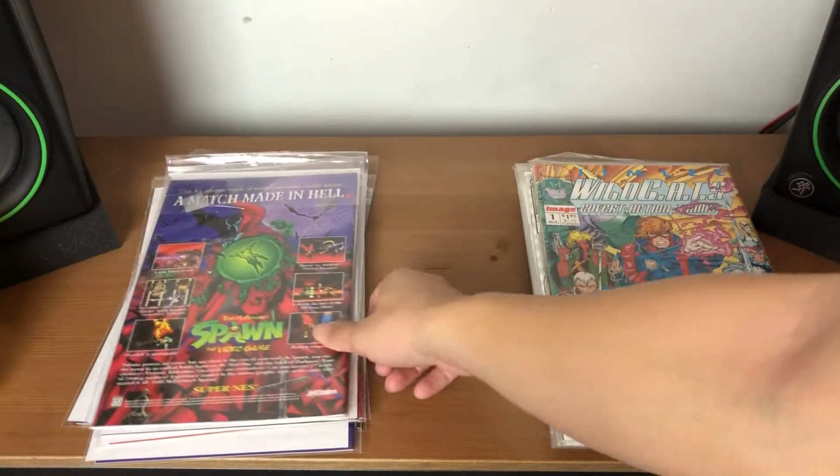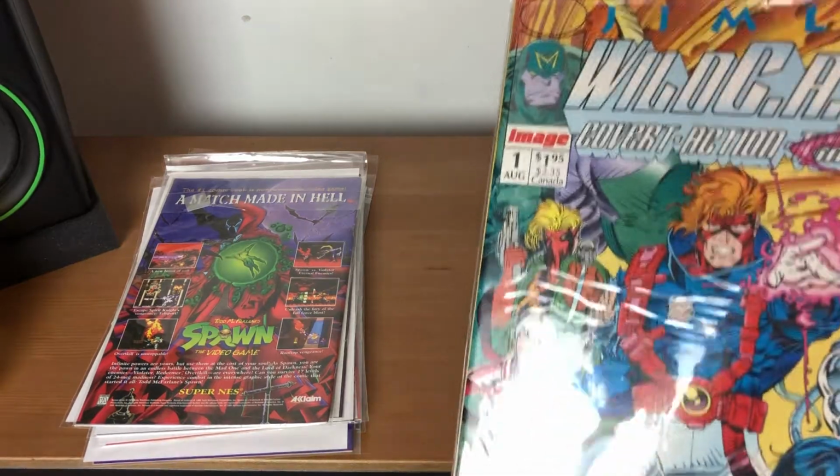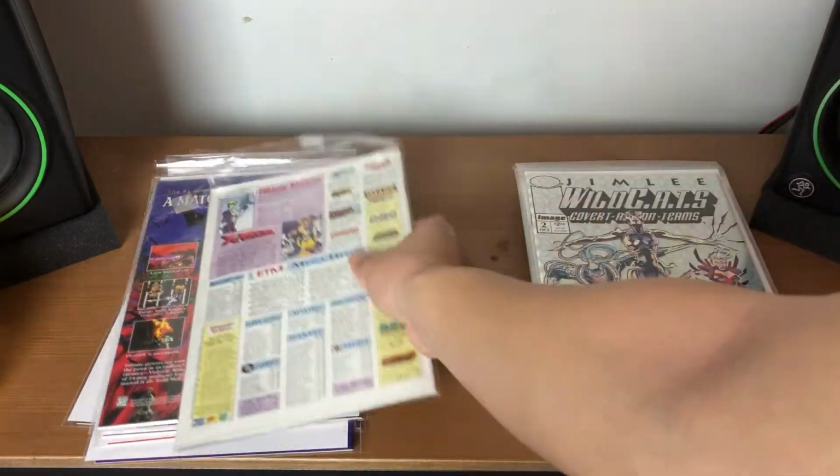Okay, moving on, we have a run of Wildcats. I have too many copies of the early runs of it, but I remember growing up with Wildcats and really loving Jim Lee's artwork. So here's number 1. I don't really like this cover a lot, but anyway. Number 2,